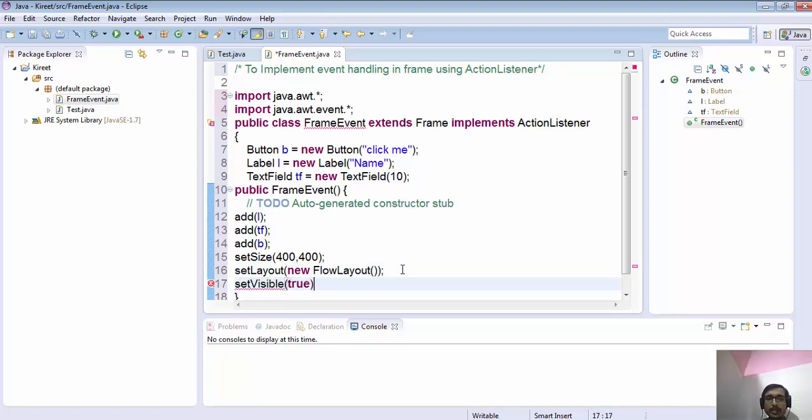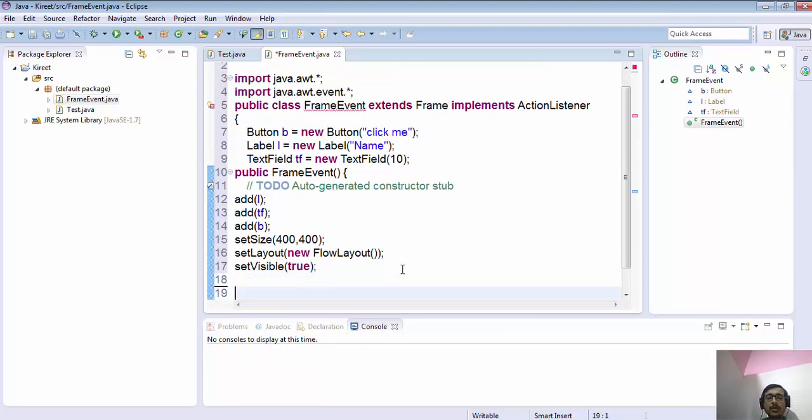That is very important. Now a very important task that you have to remember and focus on: when we are clicking on that particular component, that is a button, we must register the listener to this button.